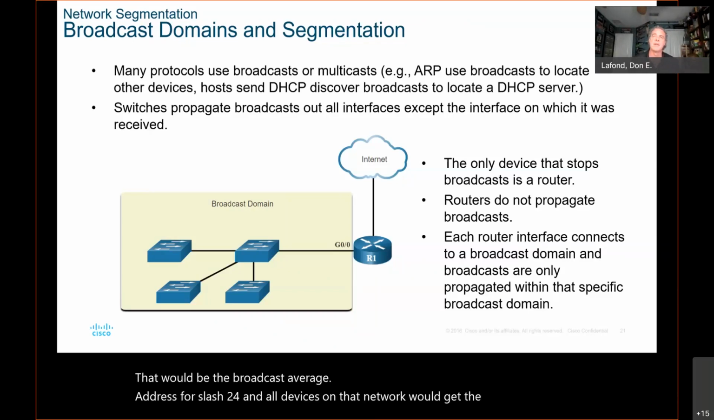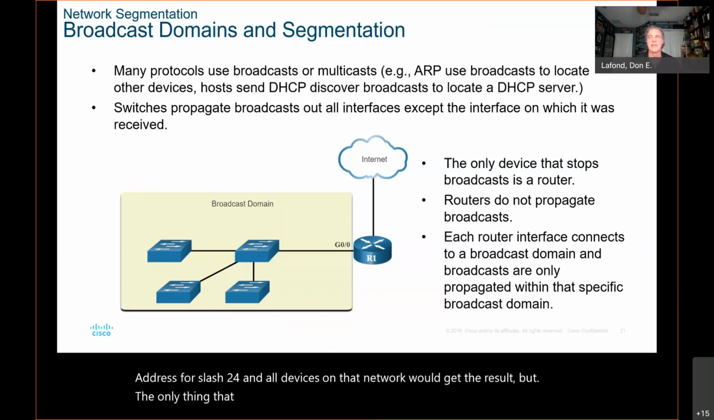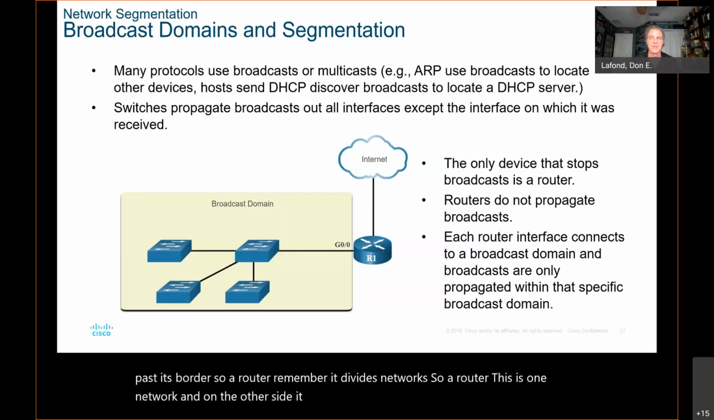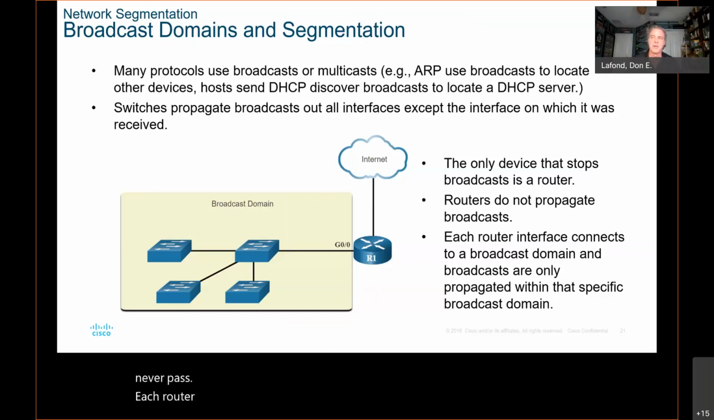But the only thing that stops a broadcast is a router. Routers do not propagate broadcasts past their border. So a router, remember, divides networks. This is one network, and on the other side it has another network, and their broadcasts will never pass. Each router interface connects to a different broadcast domain, and broadcasts are only propagated within the specific broadcast